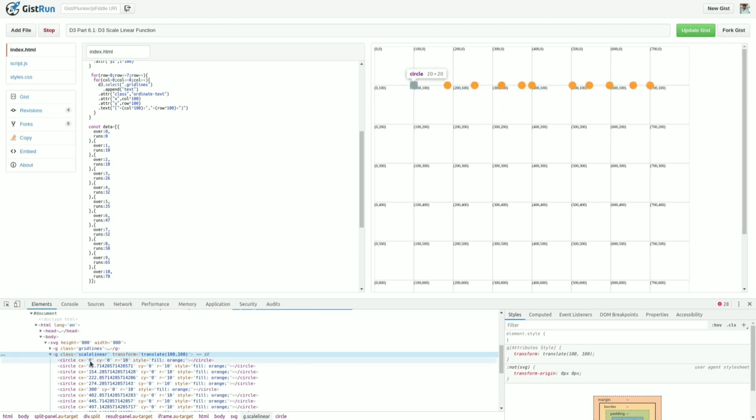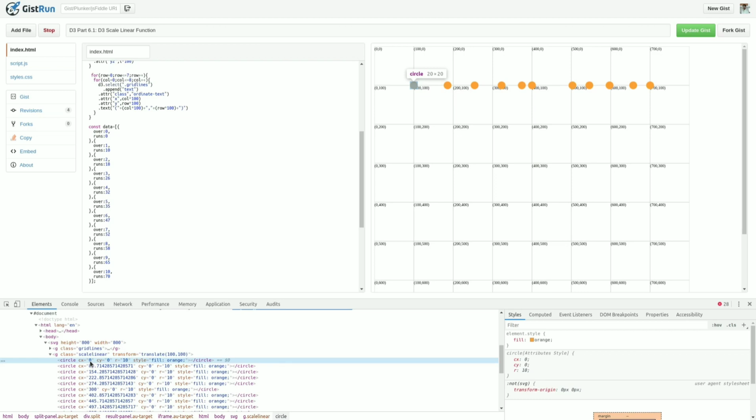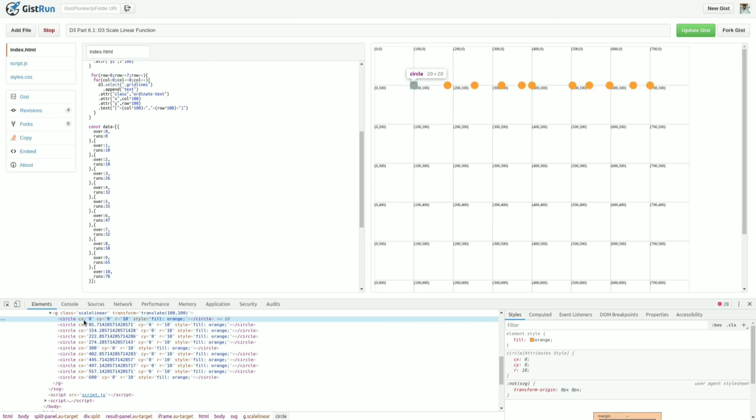Now what happens is that, based on the score, meaning based on the runs, I have provided the cx coordinates for this circle element. You can see that we have a total width of 600 pixels available, and I have converted these runs between 0 to 70 to this width.